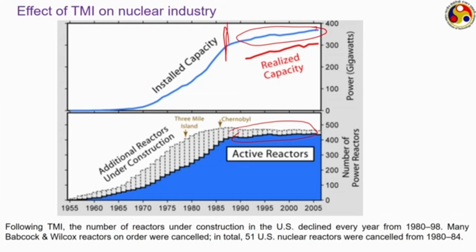nuclear industry. Following the Three Mile Island incident, the number of reactors under construction in the US declined every year from 1980 to 1998, and many Babcock-Wilcox reactors, which was the primary supplier of nuclear reactors at that time in the United States, were cancelled. In total, 51 orders for nuclear reactors were cancelled between 1980 and 1984. So, there was a huge shake-up to the nuclear industry in the United States in particular, during the